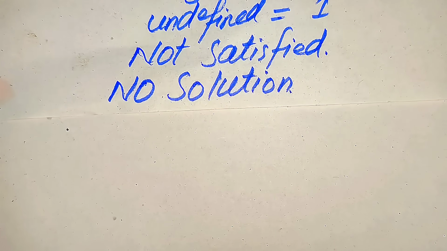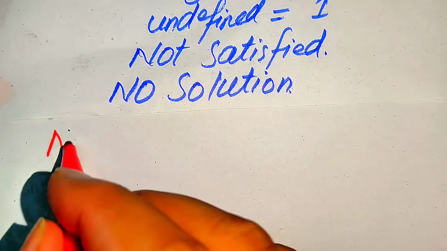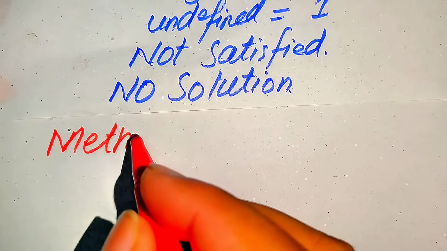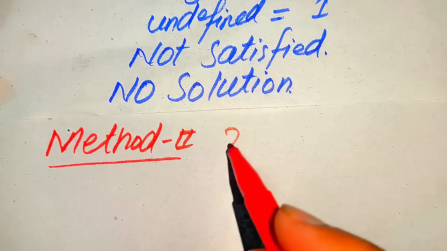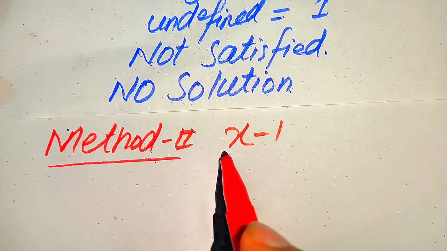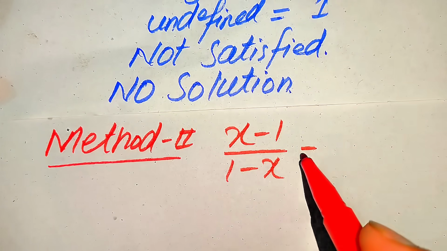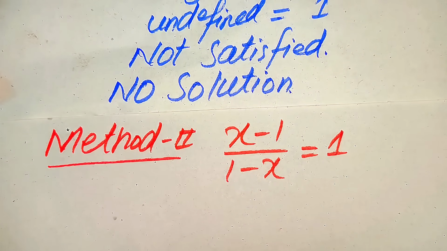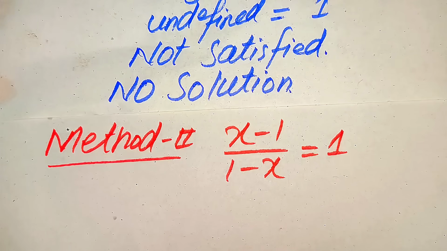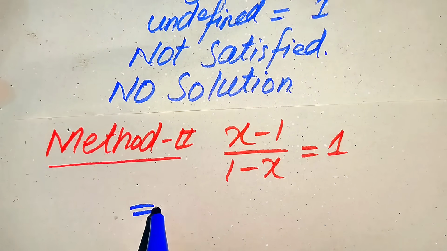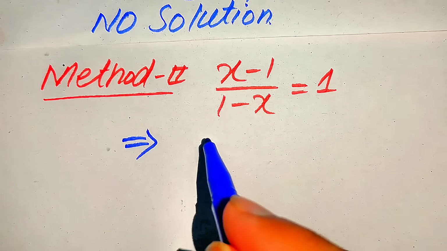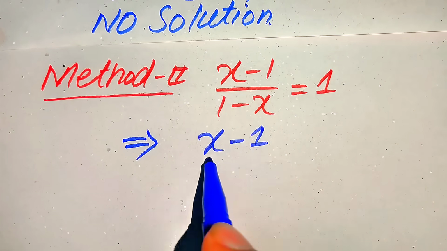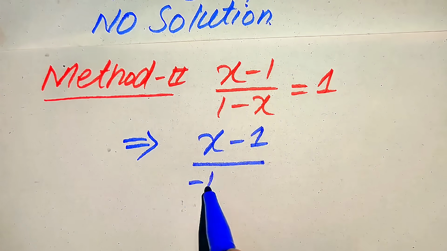And now in the next step, we again solve this problem by the second method. So in the second method, we again need to copy down the given question statement here, so the given question statement is x minus 1 divided by 1 minus x is equal to 1. This is our given question statement. And now here in the second method, we need to take a common minus sign from the denominator term. So when we take the common minus sign from here, it will be written as